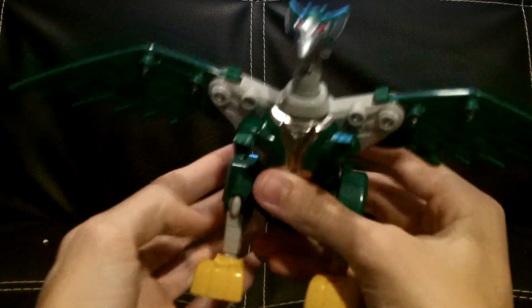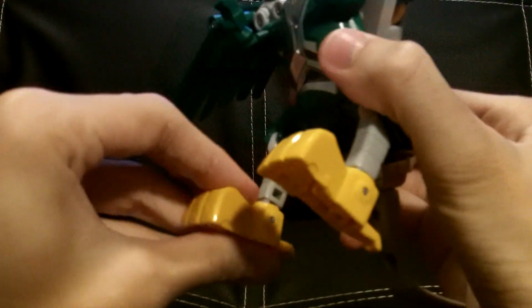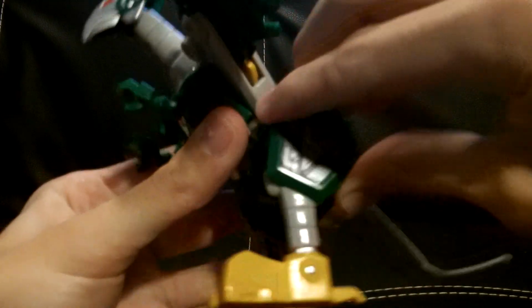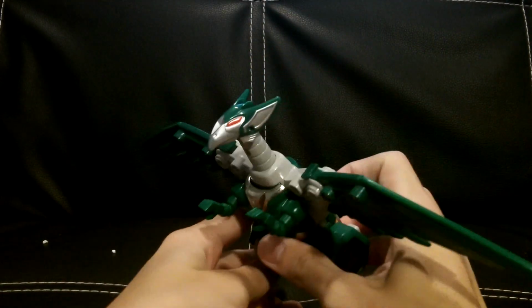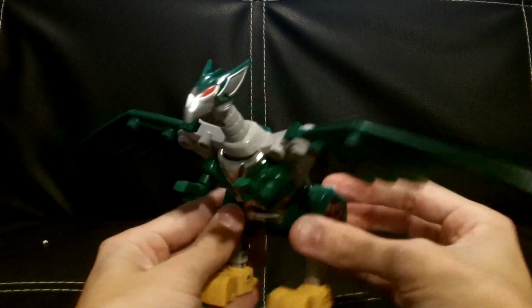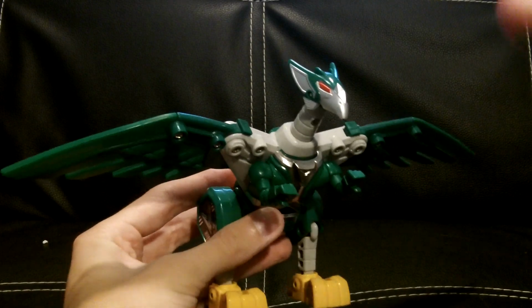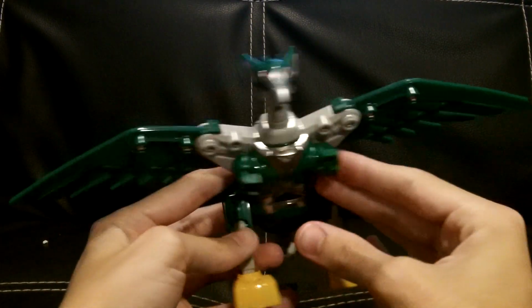The only thing that's kind of weird is that the Condor has these giant yellow feet, and that looks a little cartoonish, but yeah, you can take what you can get. You can also move the legs, forgot to mention that. But it's definitely one of the more impressive versions of the different Zords. Once again, just kind of cartoonish feet, but still very impressive. And now we'll move him aside,